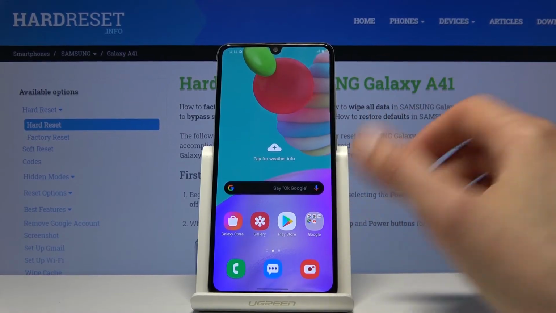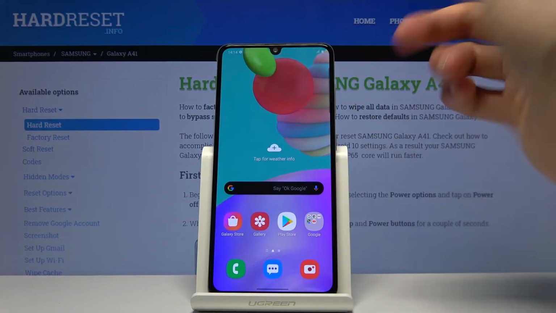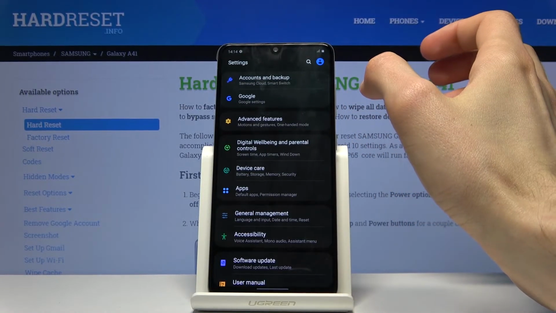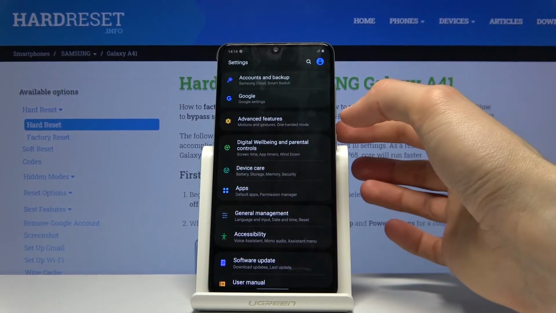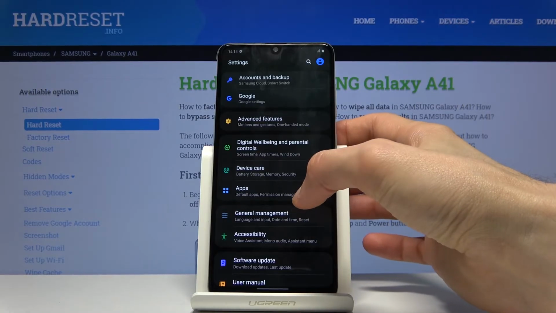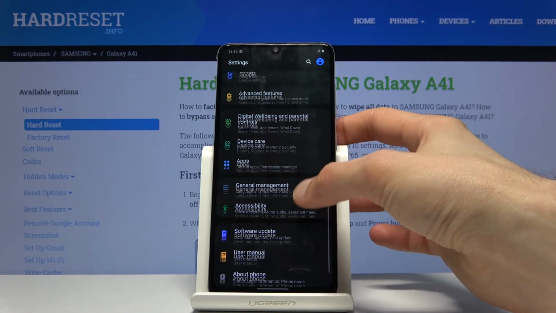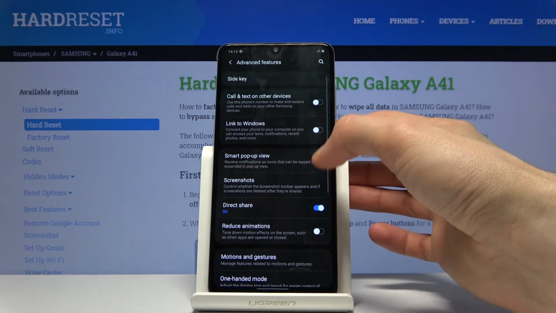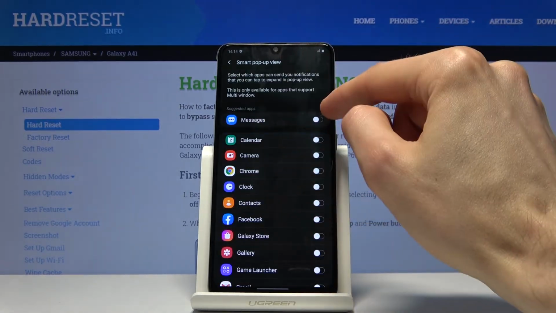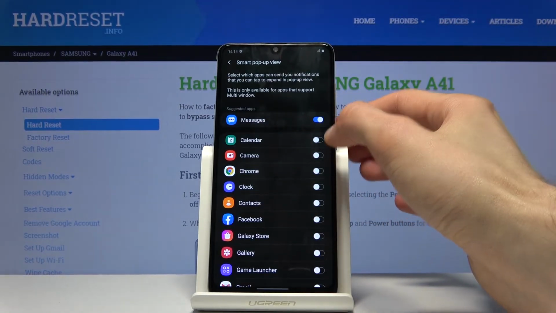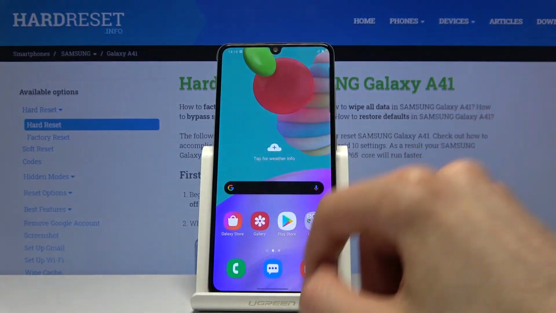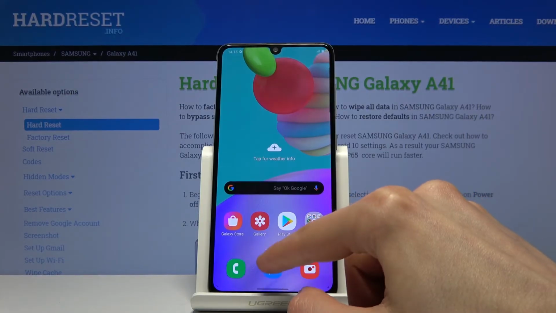And the last thing that I wanted to show is the smart pop-up, which is again for notifications. What it will do is give you an option to have something like a chat head from the messages app, but working for any app that you want it to work with. To get it enabled, we will need to go into, again, advanced features and smart pop-up view. And here we have all your apps that are installed. You can check the apps that you want it to work in. So for instance, messages might be good, Facebook. And then when it's enabled, if you get a notification,